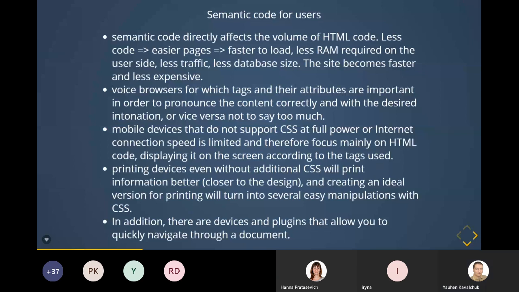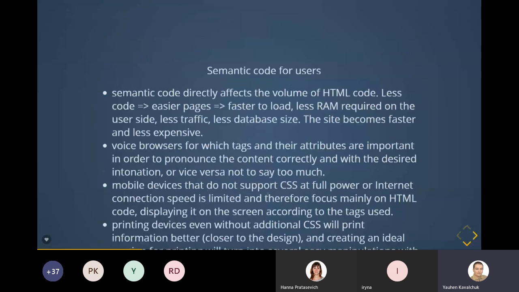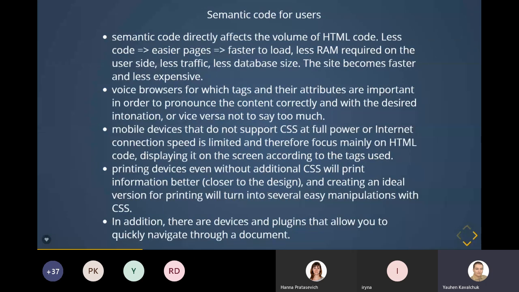And here are a couple of pluses why you should use semantic, why it's important. In the first place, it's speed, because when you create semantic construction, you use a minimal set of tags. You don't need unused wrappers, unused elements. So your code is clear, and if it's clear, it works faster, it loads faster, so it's good. Of course, when we add responsive design for our elements, it's easy to understand how to edit